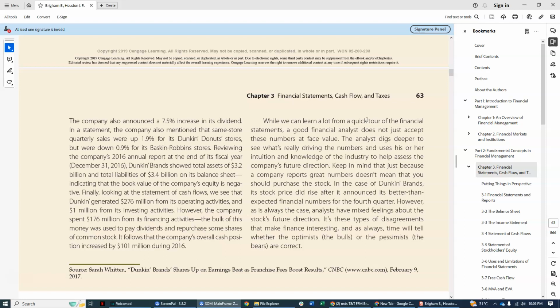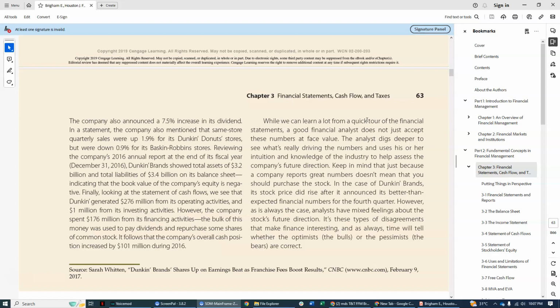If you are going to review the annual figures, the total assets are 3.2 and the total liabilities are 3.4. That's a negative, because it means their equity is negative, right? But in their statements, you can see that they generated 276 million in cash from operations, and 1 million from investing activities. Does that mean they're selling long-term assets? What's happening? Are they reducing their operations? That's one way to look into that and how to think.